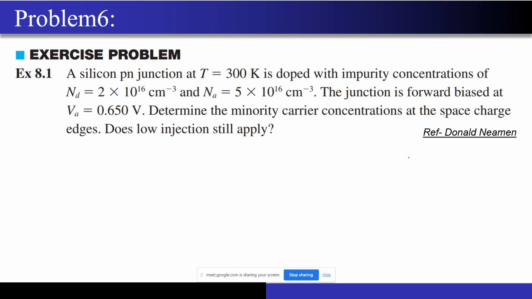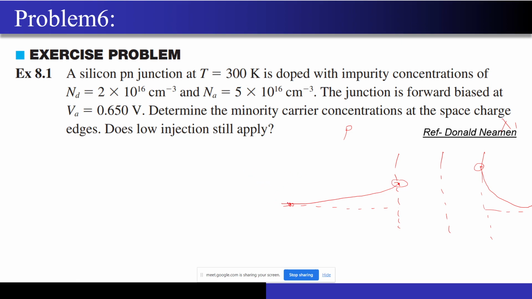So just to make this picture very clear, if I draw the space charge region, right? Let's say this was my P side, let's say this was my N side, correct? So now I have some concentration present over here, and it will start to decay like this, correct? I will have some concentration over here, and it too will start to decay, and it will ultimately reach over here. And what is this concentration? I'm talking about electrons over here because we are interested in the minority carrier concentration, right?